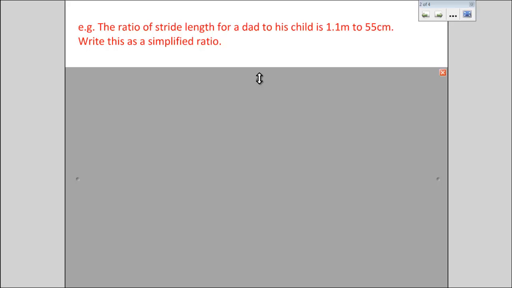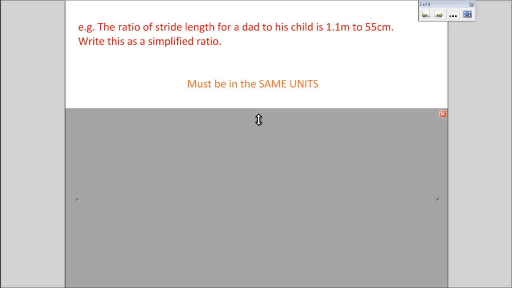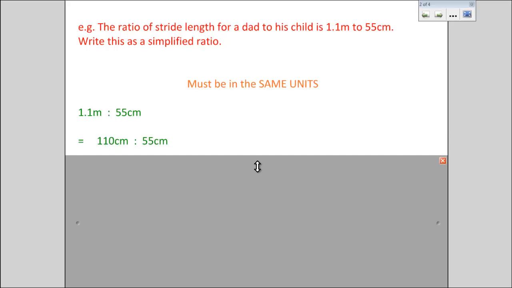Here's an example just to look at simplifying a ratio. The ratio of stride length for a dad to his child is 1.1 metres to 55 centimetres. To first of all write this as a simplified ratio, we must make sure these are the same units. So we need to either change metres to centimetres or centimetres to metres. Usually it's easier to convert to the smaller unit because it'll make the next step easier. So 1.1 metres to 55 centimetres, if we change 1.1 metres, it ends up as 110 centimetres to 55